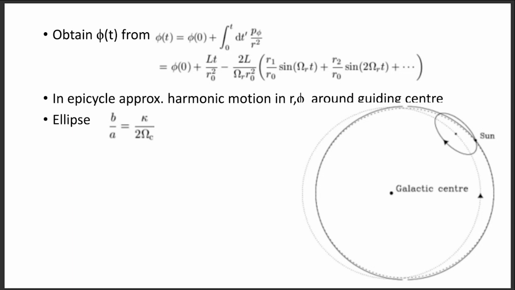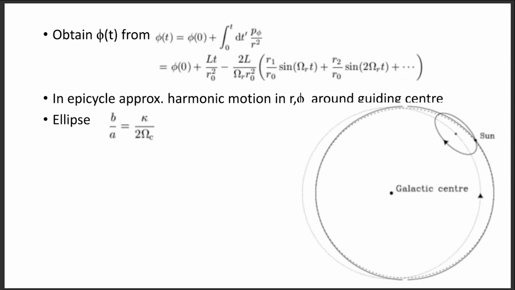And if you work it all out, you put in what this r is as a Fourier series. You can see that phi is now going to have a linearly increasing part here, plus a sinusoidal series, an anharmonic oscillation here, and in the epicycle approximation,